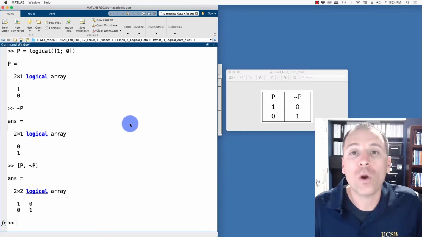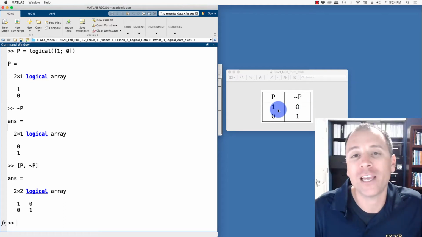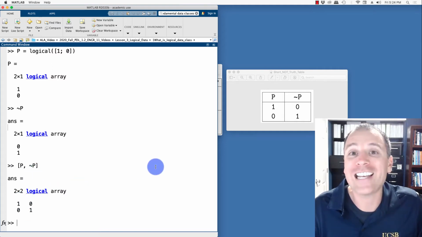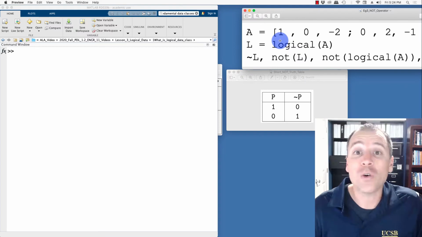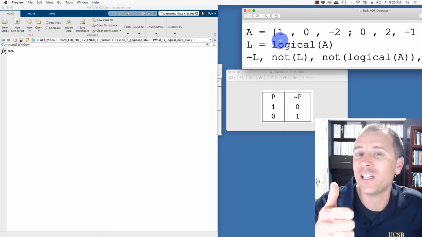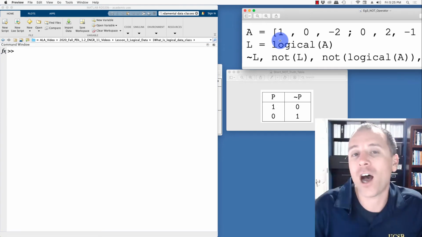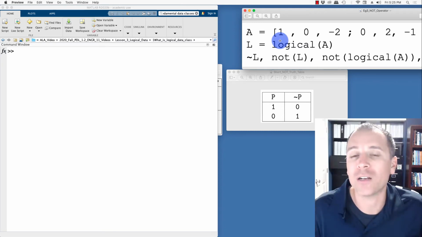Here in MATLAB, when we take advantage of logical scalars, we're looking at individual rows from a truth table. On the other hand, we can group together collections of logical matrices to form entire truth tables and give us a sense of how a particular logical operation operates on all possible values of the input. Now, of course, we've discussed the difference between scalars, vectors, and matrices. So far in this video, we've only seen examples with logical scalars and logical vectors. Let's see the not operator work on matrices to invert the logical values stored in a logical matrix.